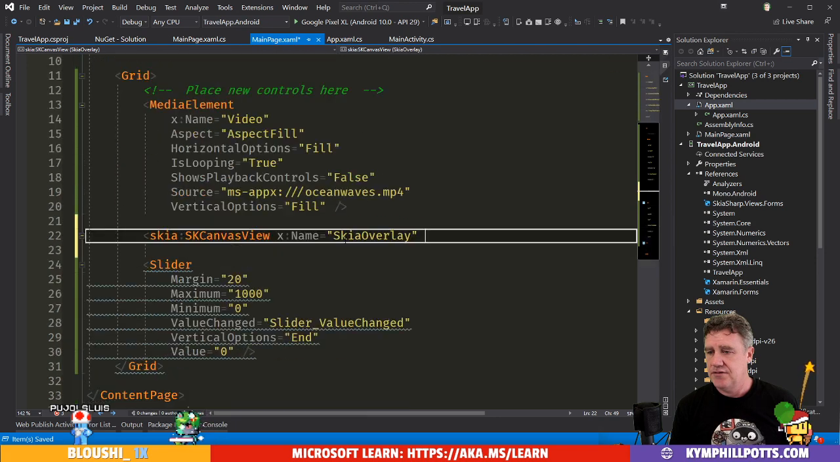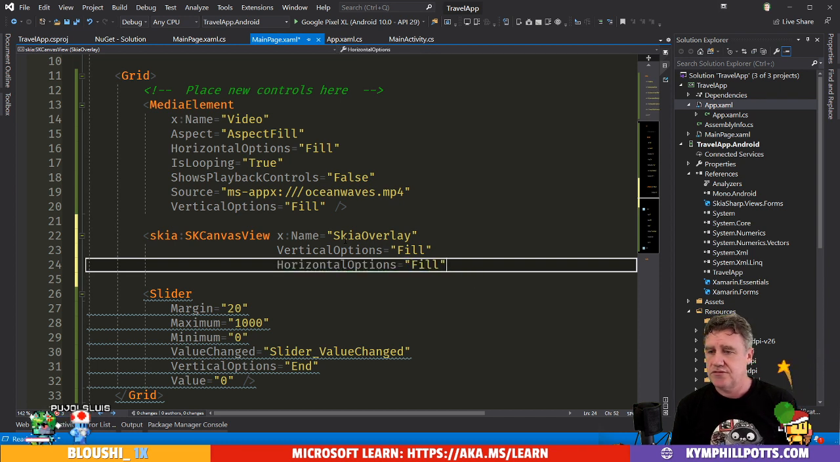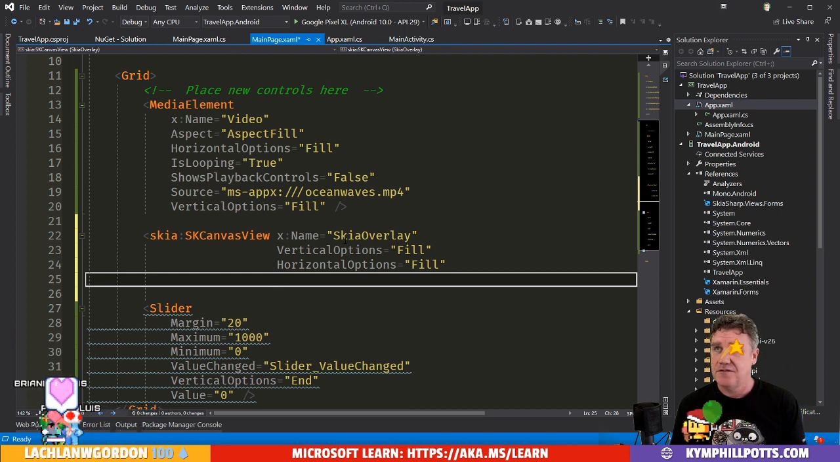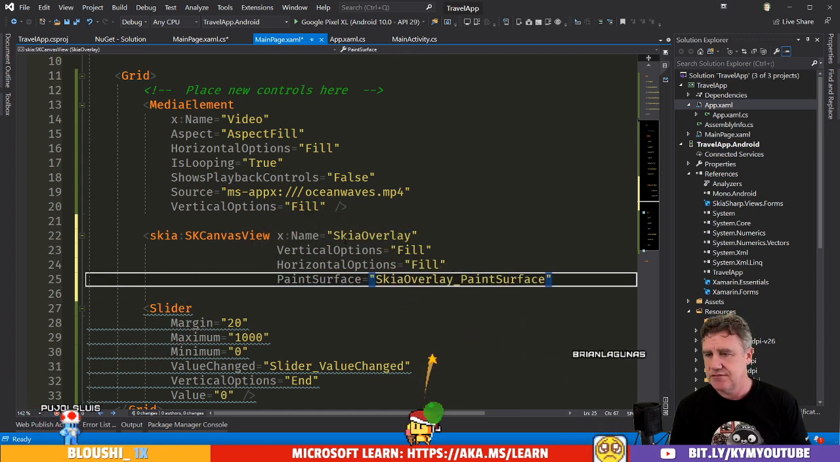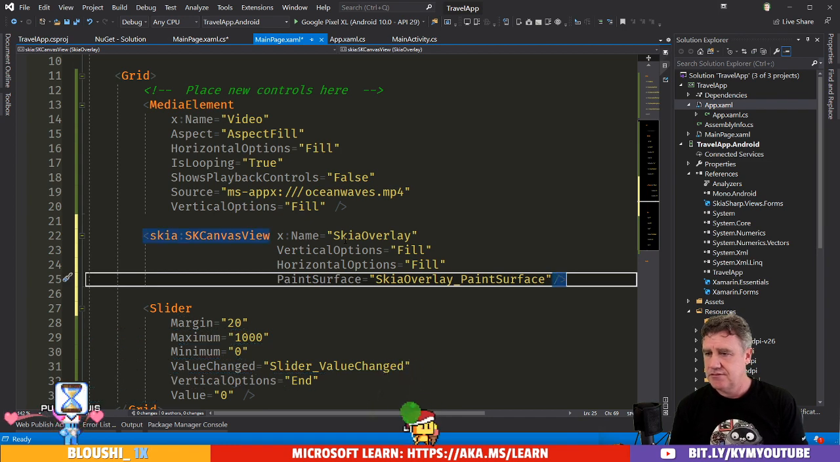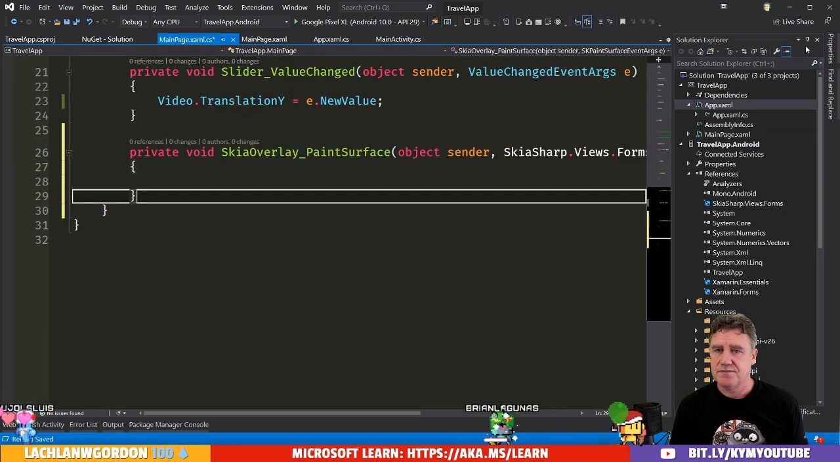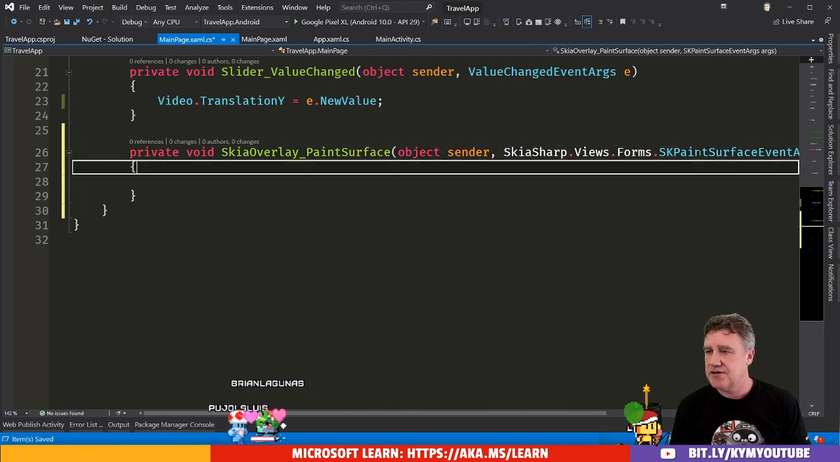We'll give it some vertical options of fill. We'll give it some horizontal options of fill. We'll give it a, we'll add in paint surface. Okay, cool. And in our paint surface, let's go and